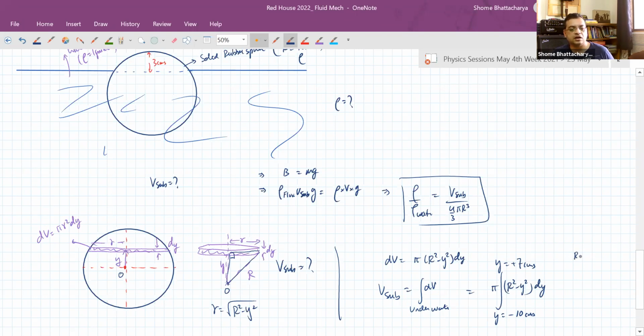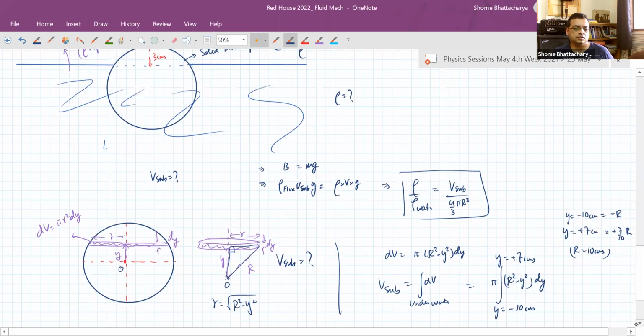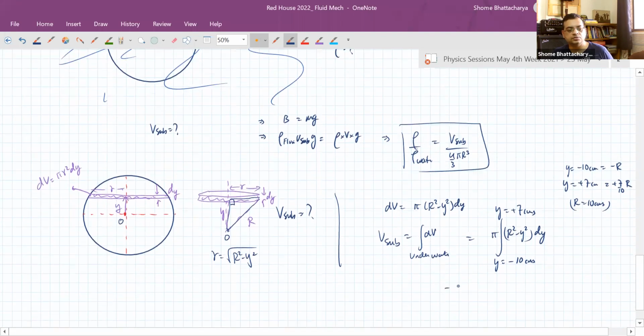And of course, we understand R is 10 centimeters. Okay. Or we can also write this as y equal to minus 10 centimeters is minus R, and y equal to plus 7 centimeters is plus 7/10 R. You can also write it this way. So this becomes